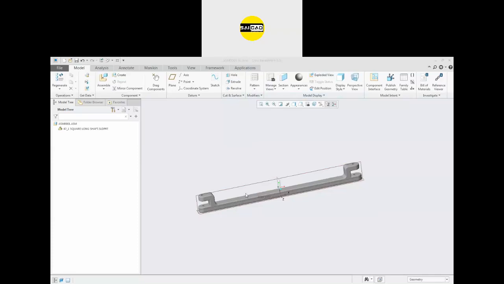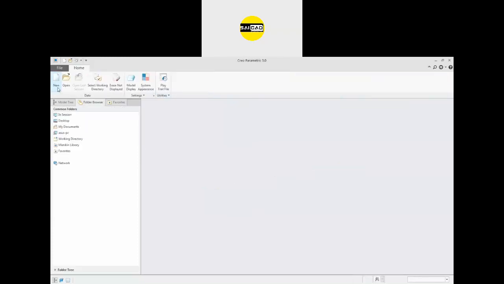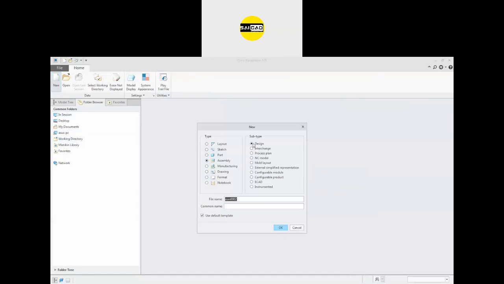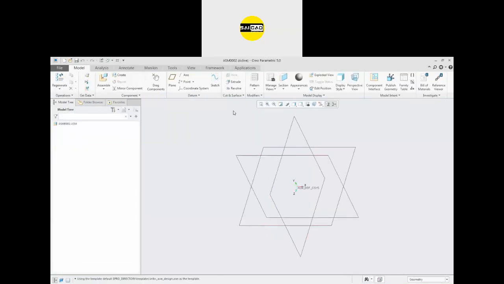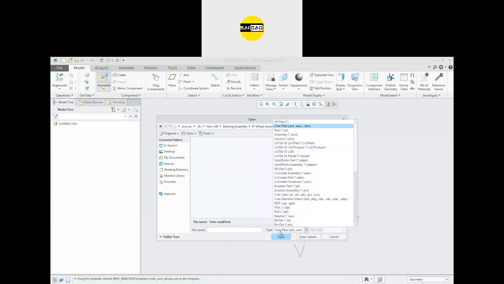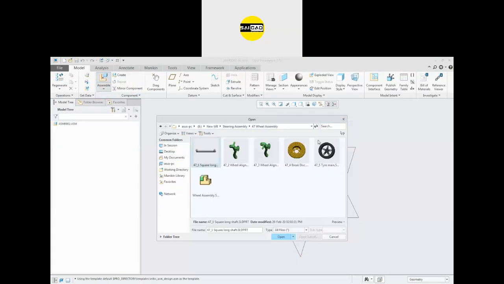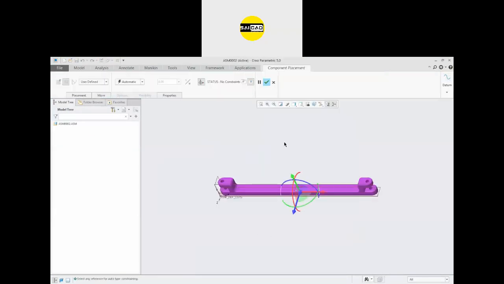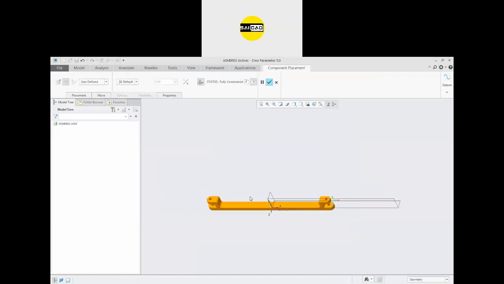Okay, I'm going to start again with the joints. First of all, go to New, go to Assembly and click OK. And here you have to import some parts. So go to Assemble and go to the working directory, and now I have some parts that are not created in Creo. For that, use the type All from here and you will see all the parts. Insert the parts one by one and make it default constraint. Right click and select the default constraint, and here it is fully defined. You can see it is fully constrained right now.